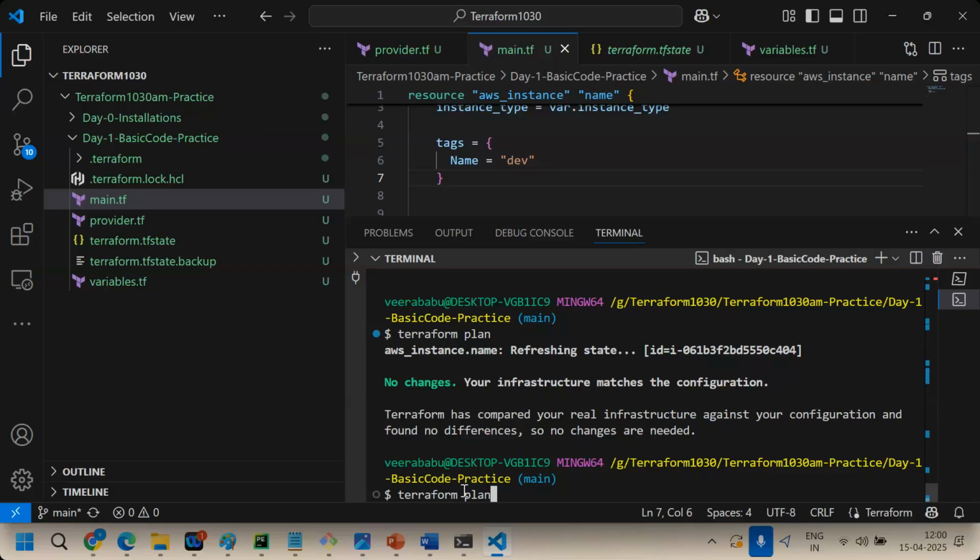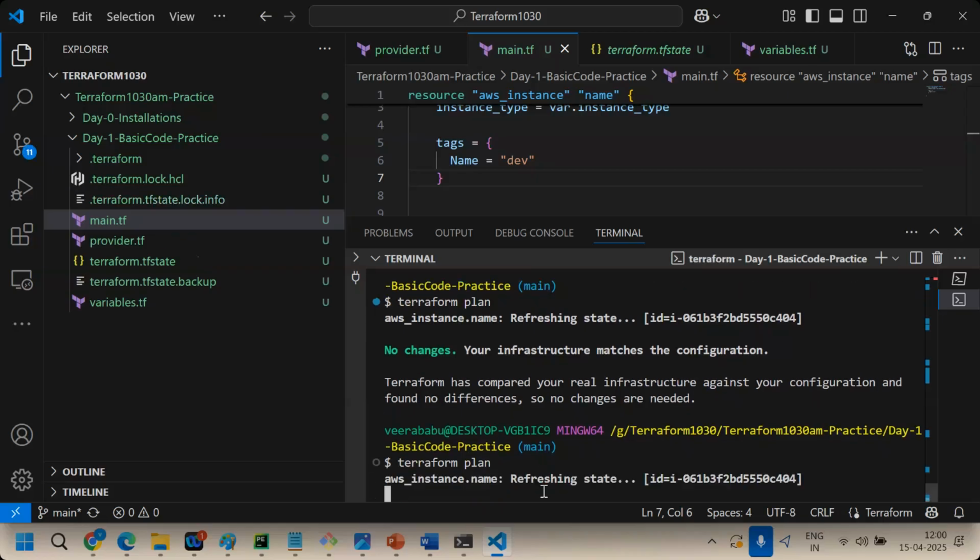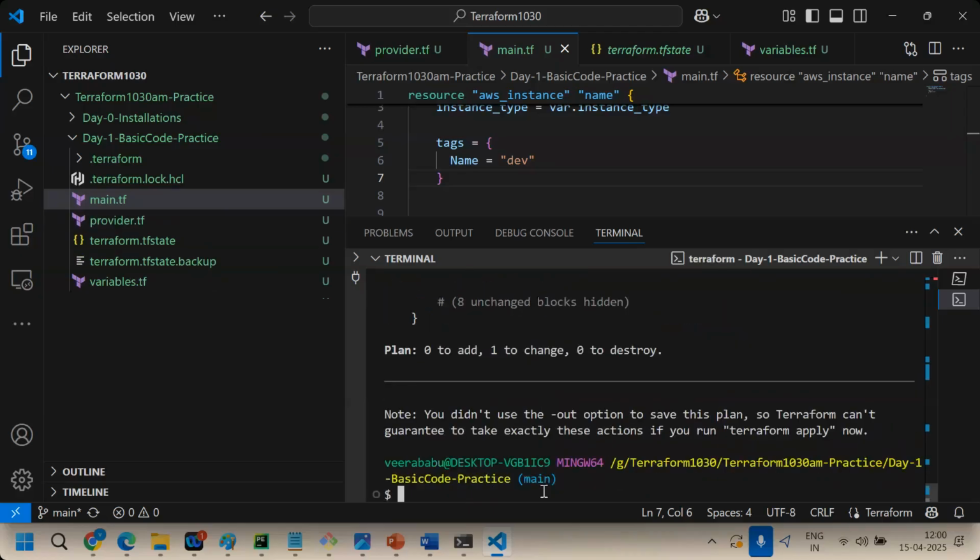Do you need to delete any instance? No. So Terraform also follows the same process. Terraform plan means consider it as a change. Zero to add, right? The instance is already running, you need not create it, but changes are required. The change is just a tag.